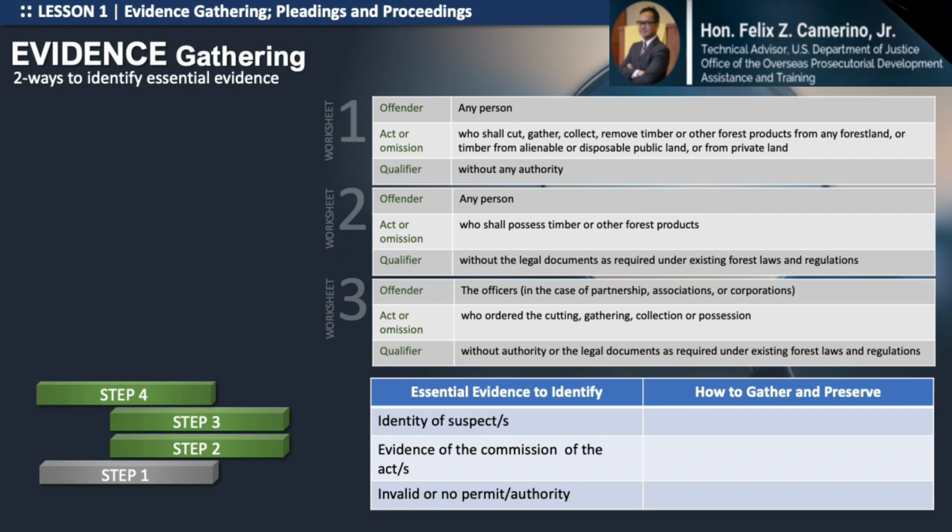Okay, so in terms of how we're going to go about identifying, gathering and preserving these essential pieces of evidence, going back to the identity of the suspect, clearly an important source of that information would be witness accounts. So you'd want to be talking to different people who may be able to help you determine the identity of the suspect or suspects. Okay, and naturally, in order to preserve whatever they tell you, if there's a probative value in what they're telling you, the way to preserve that, of course, is to reduce it in writing,